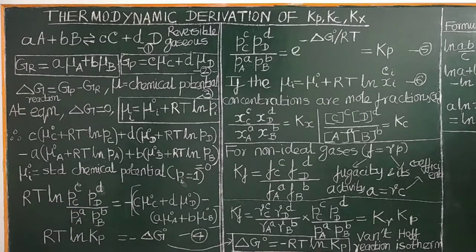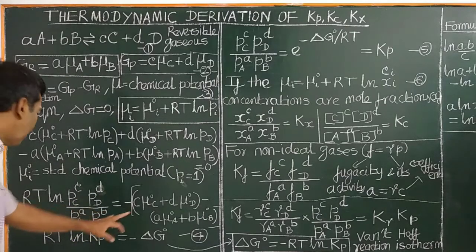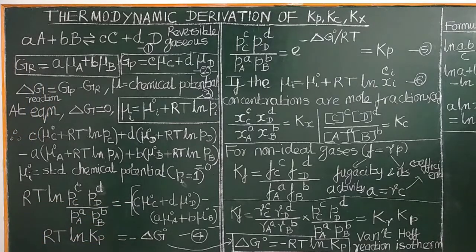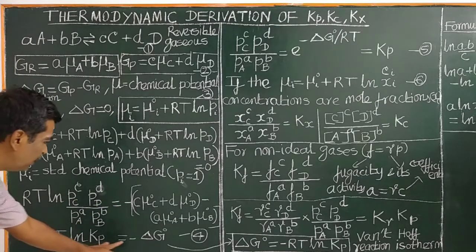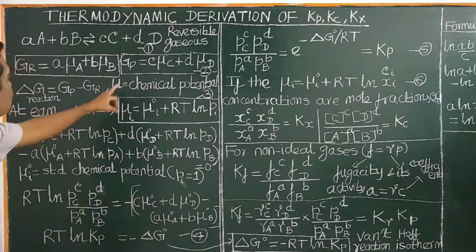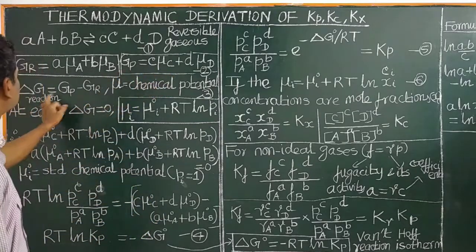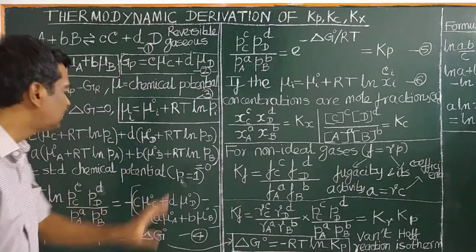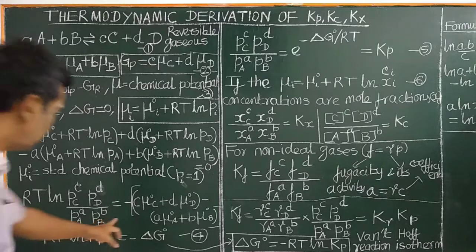we have already seen in the chemical equilibrium first lesson, about the Kp. This is the equilibrium constant in terms of partial pressures, the ratio of products and reactants. Therefore RT ln Kp equal to minus ΔG naught. Again you see this is Gp minus Gr, but this is standard chemical potential, therefore the